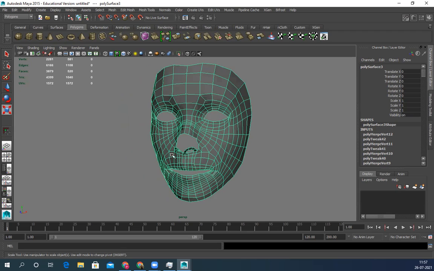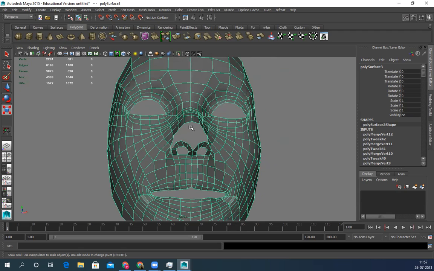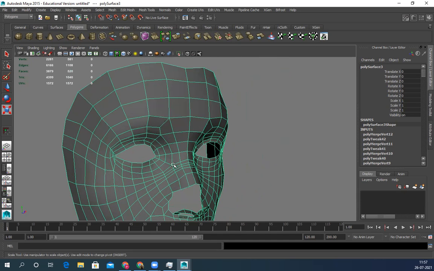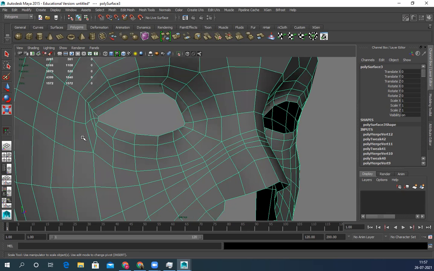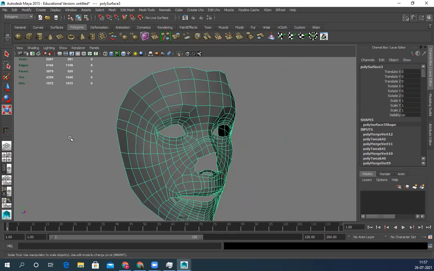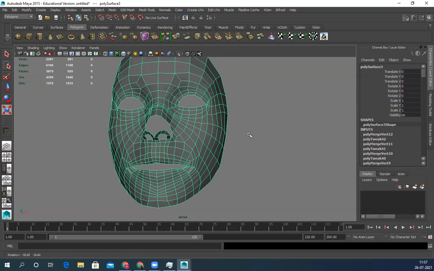This way, you can just fill in those in-between gaps, but make sure this line is a straight line and there are no triangles. Everything should be quads and connect everything. If you need more loops, add more loops. That's absolutely fine. If you need more loops here, you can do that also. That works. And then extend all this and finish those areas. I'll save it.